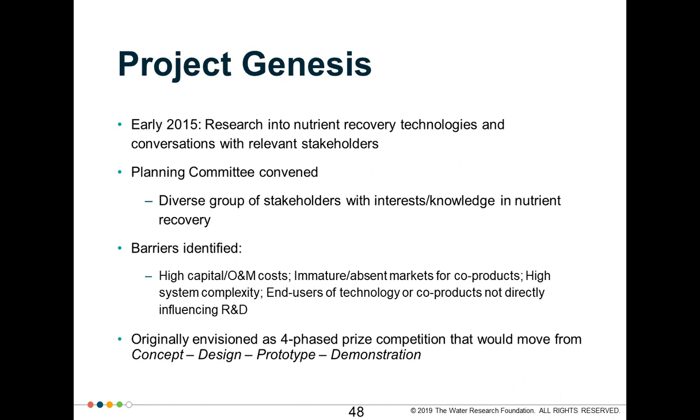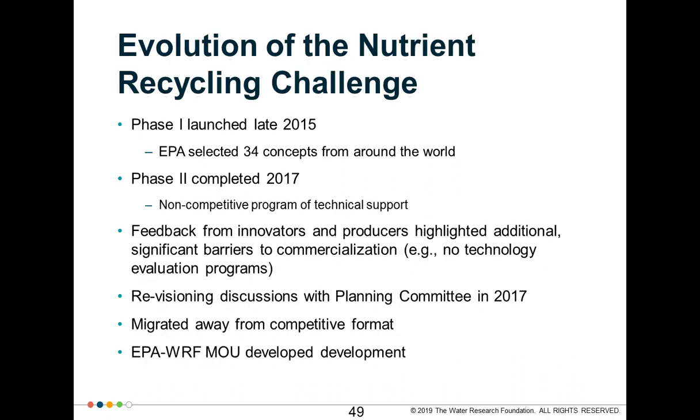So I'll talk about that in a little more detail when we talk about some of the ways we're planning on working together with the Water Research Foundation moving forward to build on the successes of the Nutrient Recycling Challenge. And I'm sorry if I went back a slide. I'm meant to be speaking from this slide, so this just indicates here that we had some re-envisioning discussions with the Planning Committee in 2017,